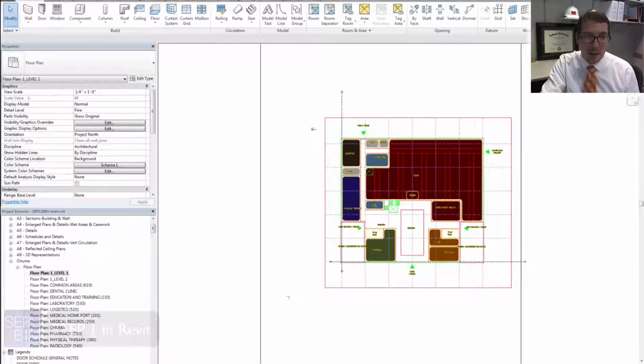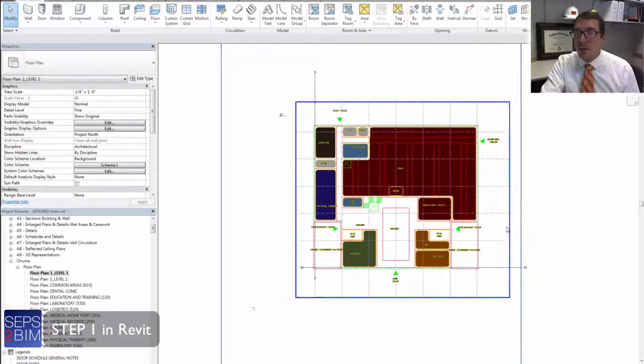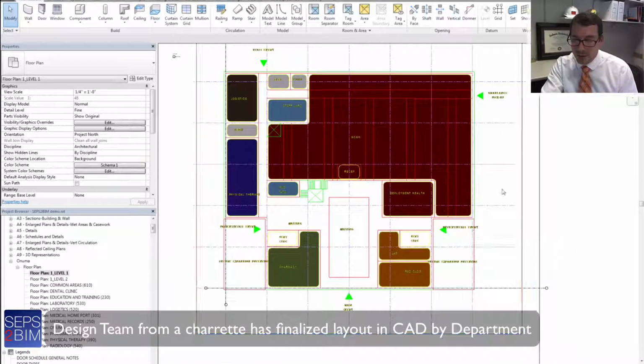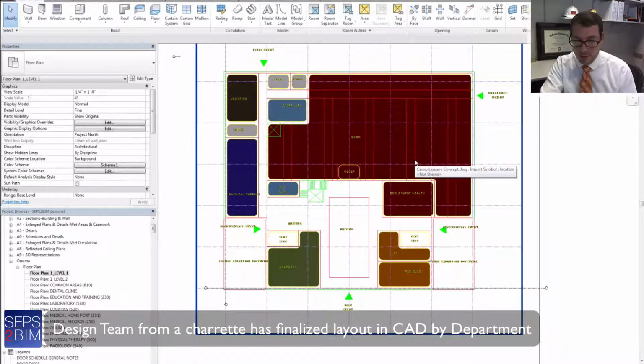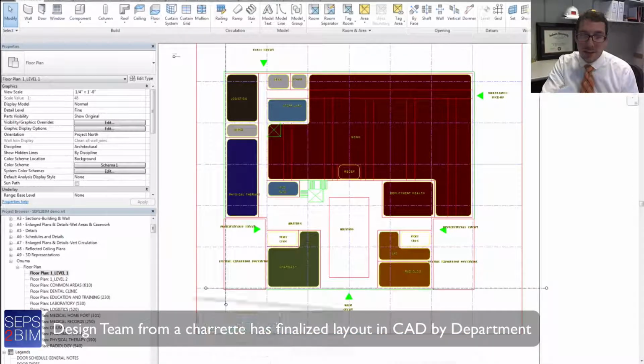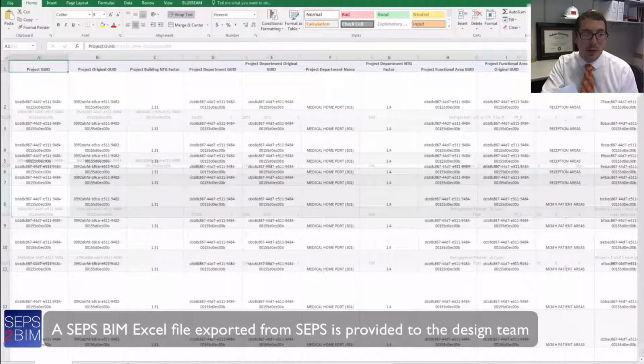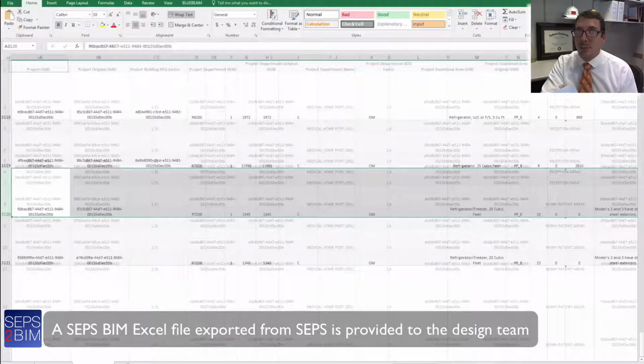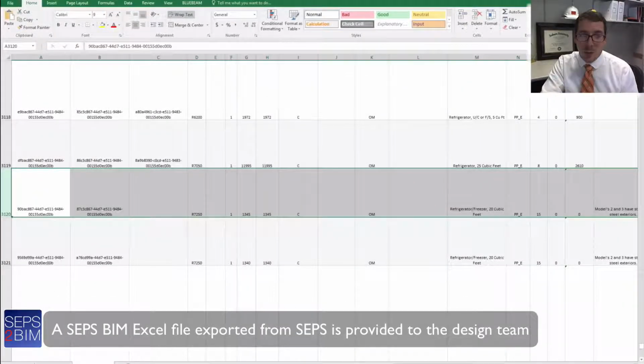Coming to Revit here again. This is what our design team comes back with from the charrette, having finalized this department layout. Looks something like this. They've got it color coordinated for me. And they come back also with an Excel file that y'all are familiar with. Looks like this, an export from SEPS. So what we do when they come back with these two items for me,